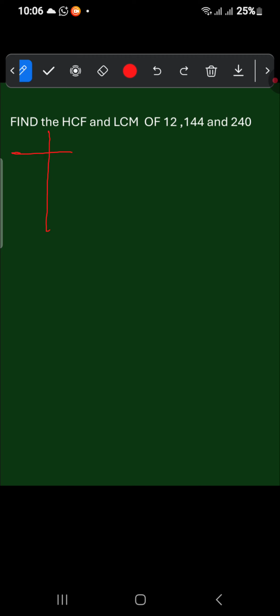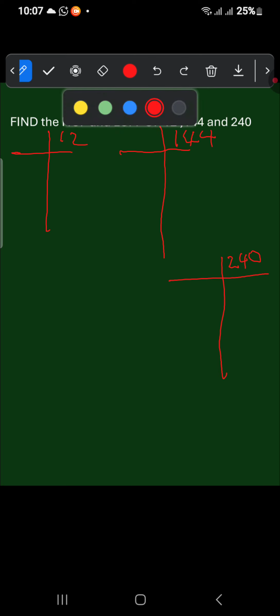Right, let's look at this one here. Find the highest and the lowest common factor between 3 numbers now. So you are going to write 12 as a product of its prime factors. This is 12, and here this is 144, and let me say this is 240. The smallest number that can go is 2 into